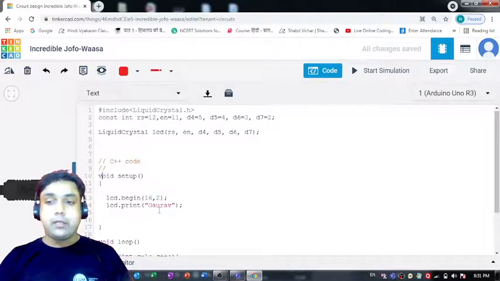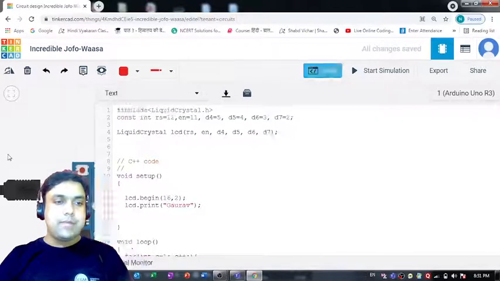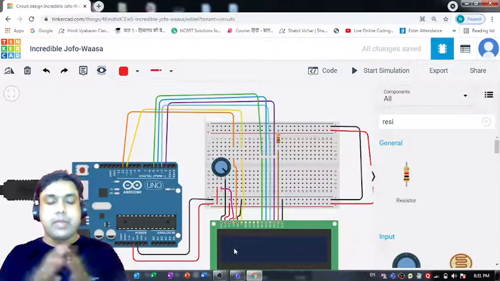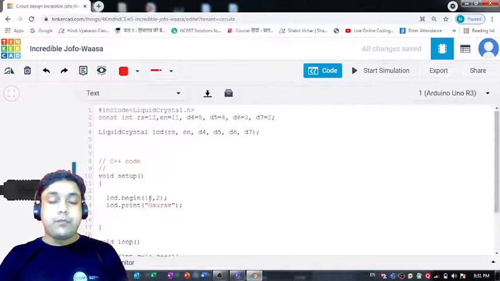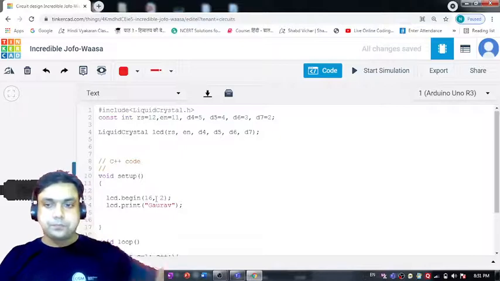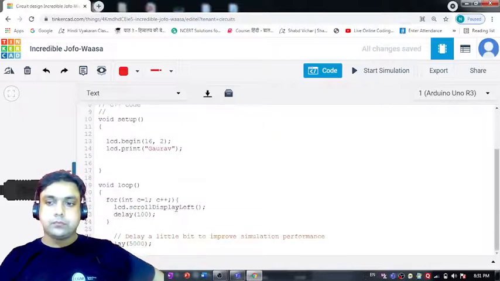So for beginning, we have initialized this point. This LCD over here is bifurcated into several squares. So from where I would like to see that text which I have defined over here getting reflected. So that is perfectly fine.